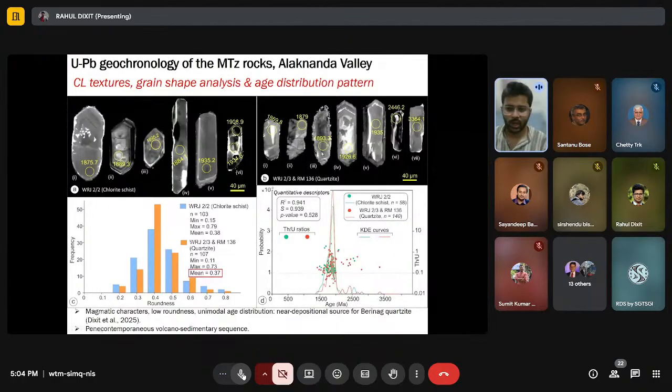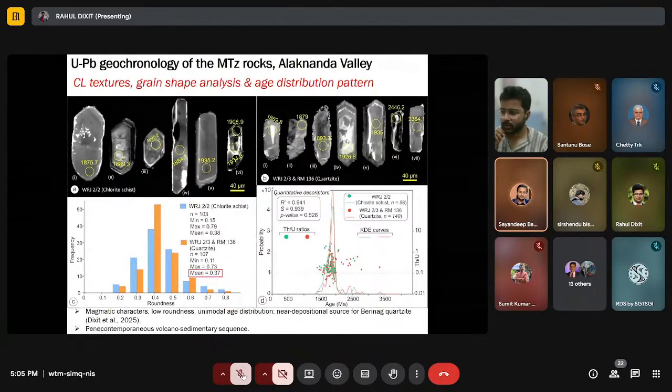The quartzite, as you can see, and these are the CL images from the chloride schist. So we can see in the quartzite, all these zircons show very